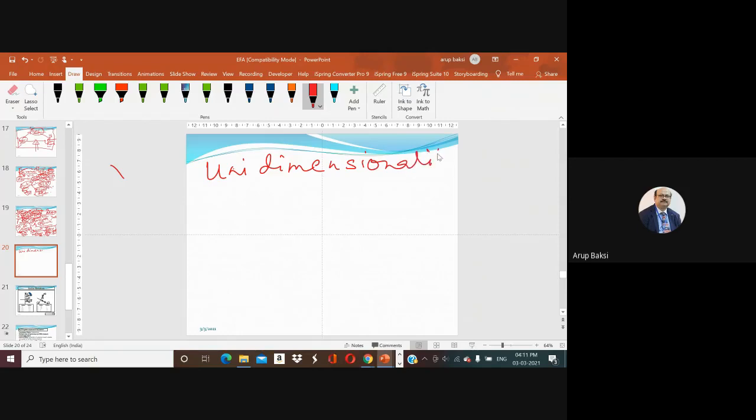Okay, we cannot conclude that there is a single dimension being identified, because I have factor 1, factor 2, factor